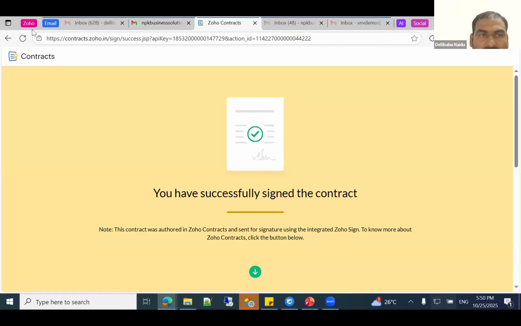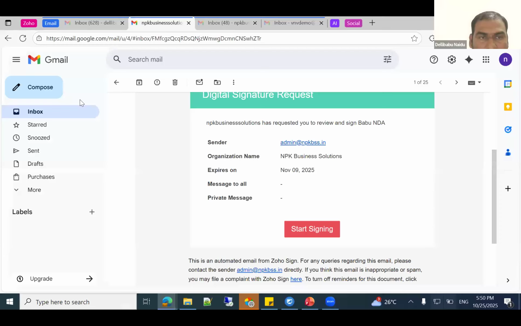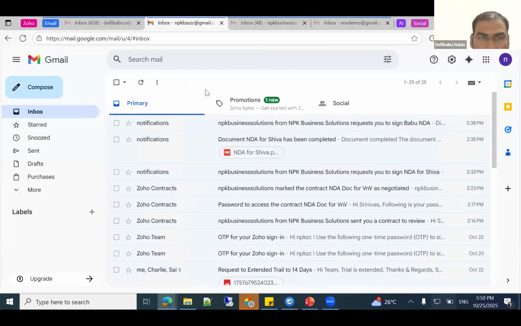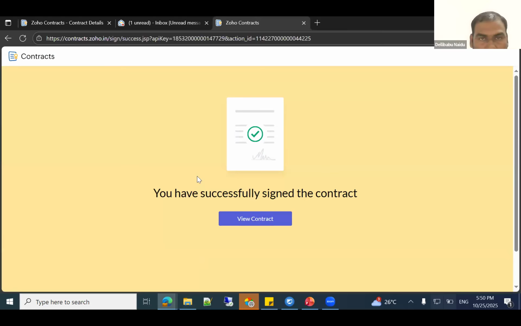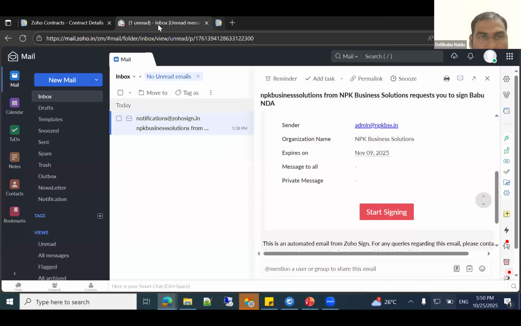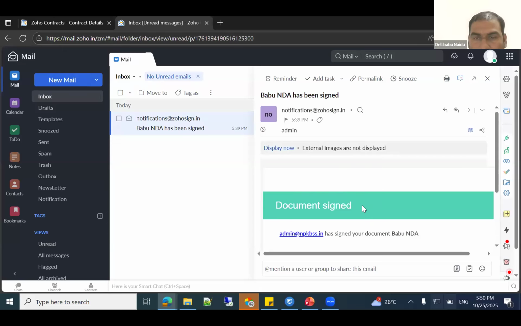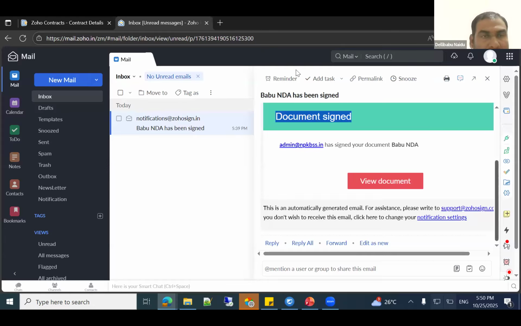It will send an acknowledgement also after signing. Maybe now signing is completed, right? We will be able to see the signed document also. At most, it will take 30 to 60 seconds. Okay, anyhow, we'll jump into our contract. See, admin has received that signed document. That means the owner, the company organization, has received it.